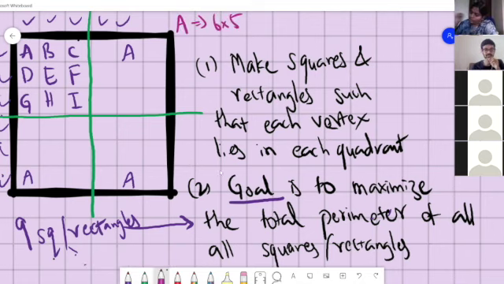One thing that you can do is simplify this problem. We have 9 squares in each quadrant. We can instead try 4 squares in each quadrant and see if we can get any strategy. The larger square may take extra time to calculate the perimeter. So we can instead try with 4 squares in each quadrant, which will be a 4 by 4 grid overall.